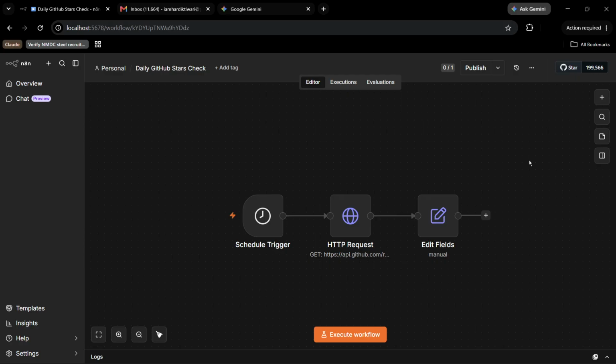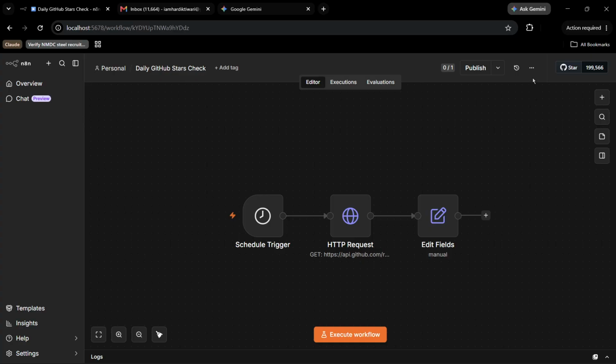In this quick and simple tutorial, I'm going to show you how you can decide or toggle to save or unsave your manual executions in your workflow. So for that, the first thing that you will need to do is simply launch our n8n workflow, as you can see right here. Here I have a very basic workflow, and now I will show you how we can